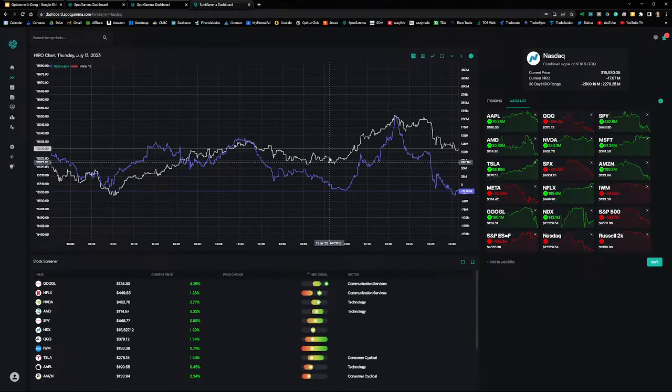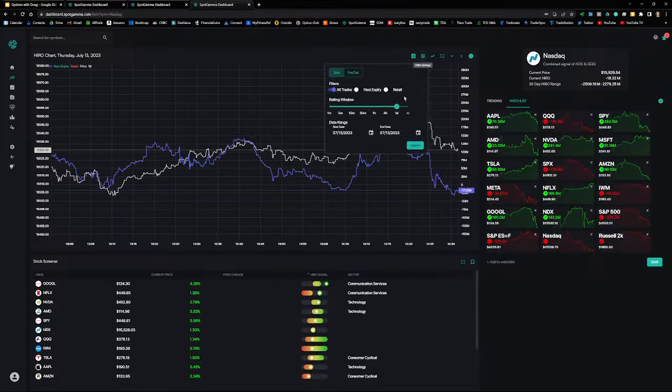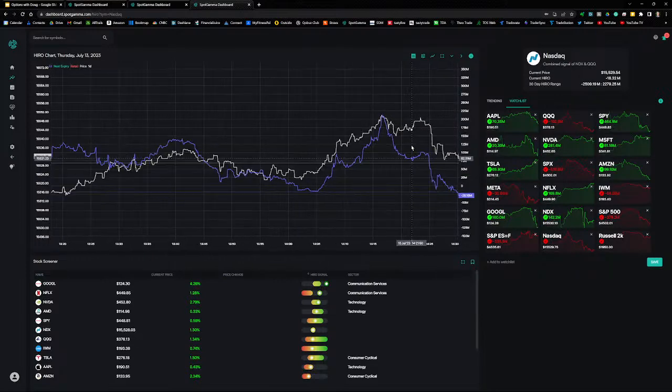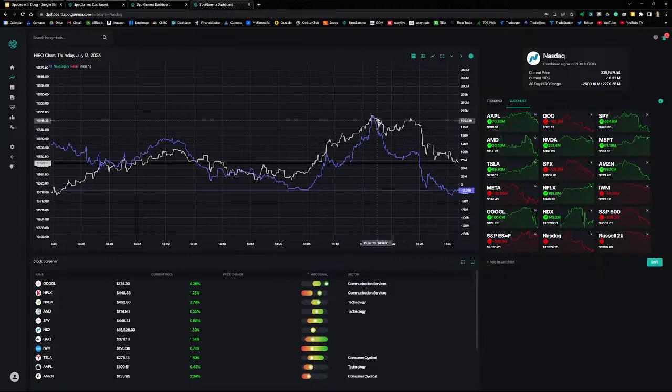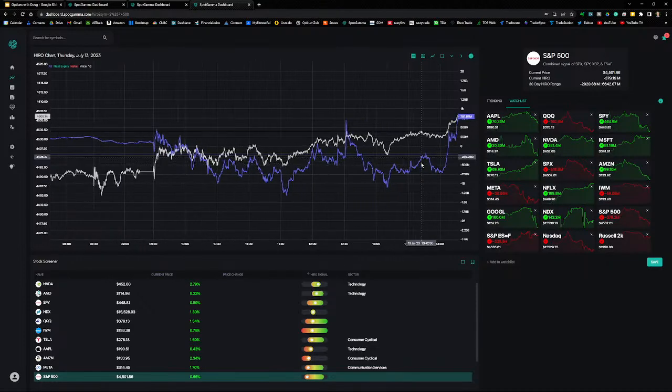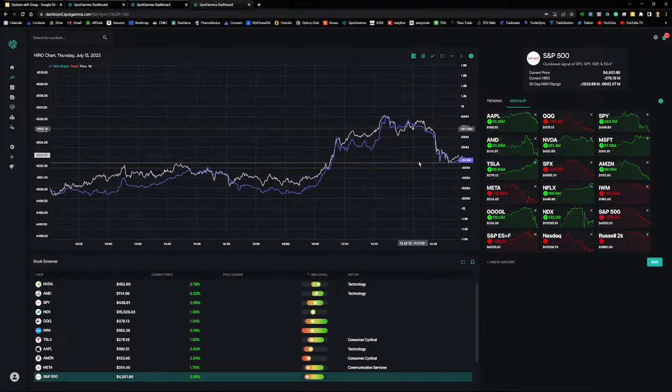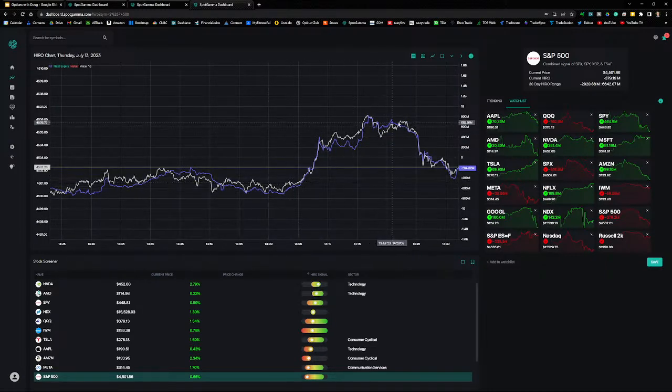And back to Richie's question, just to confirm, we are looking at the 1 day rolling window period, and I'm just scrolling in to get an up close view and see that traders are starting to take negative delta positions. And then finally, let's take a look at the S&P 500. And the same, traders starting to take negative delta positions, and that could just be a swing lower.